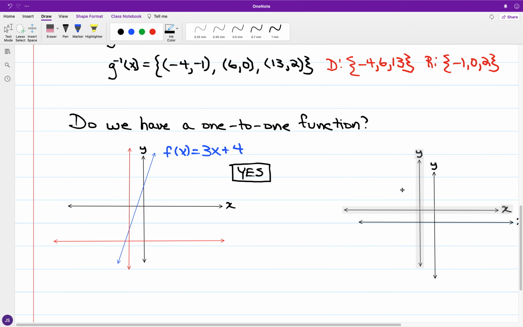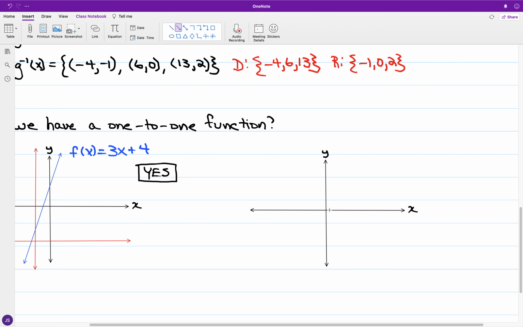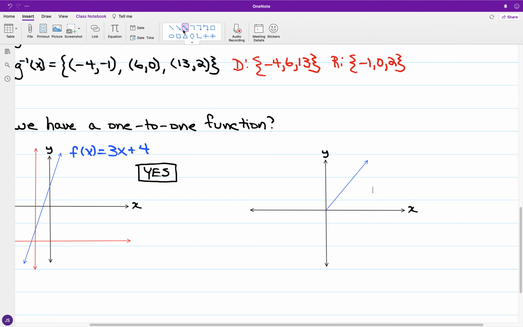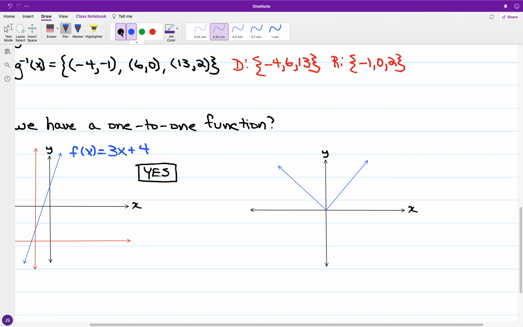And let's say if we have something that is in the form of, let's say, and we say we have g of x